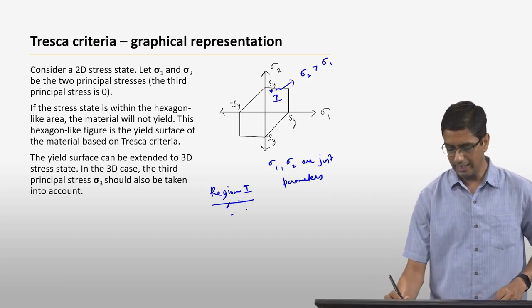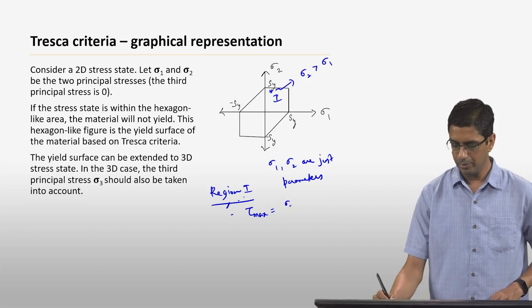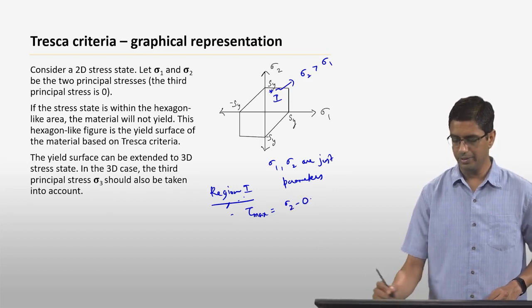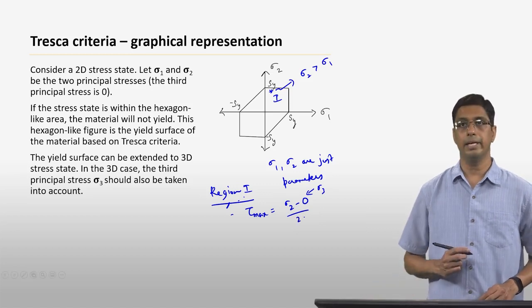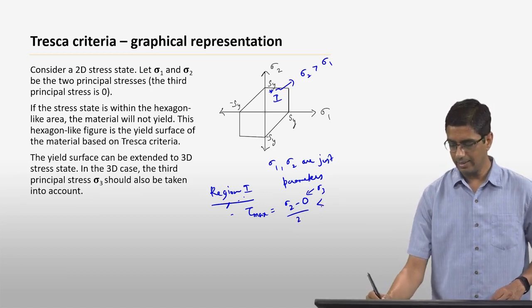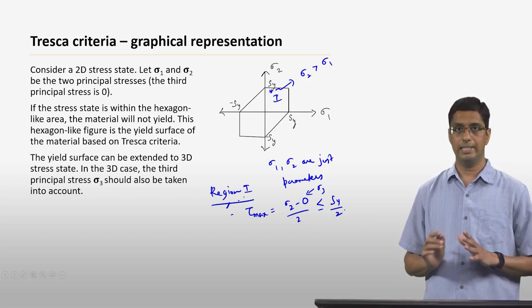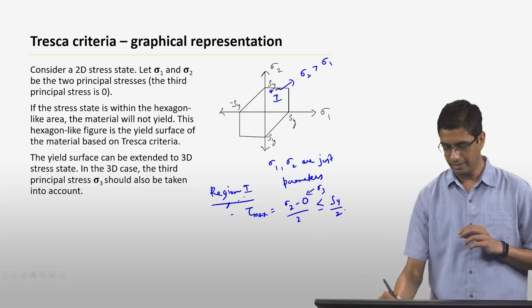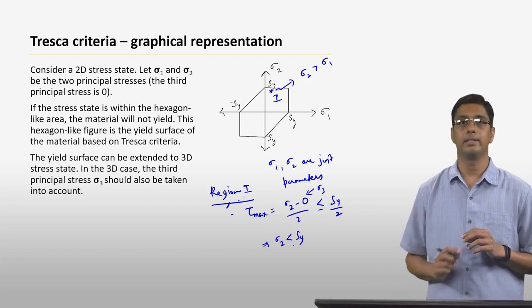So your tau max is going to be sigma 2 minus 0, which is sigma 3, divided by 2. And as long as this is less than or equal to Sy over 2, then the material will not yield,